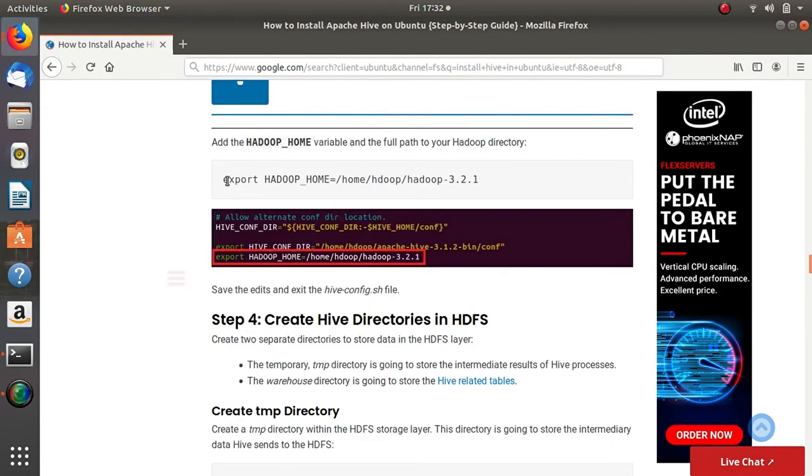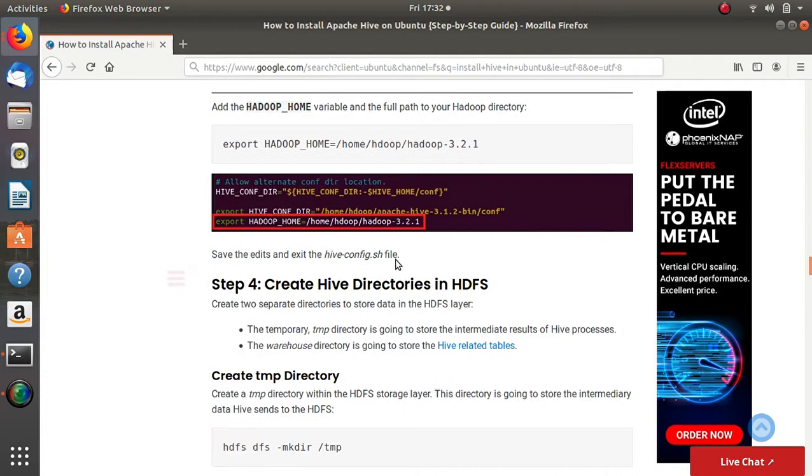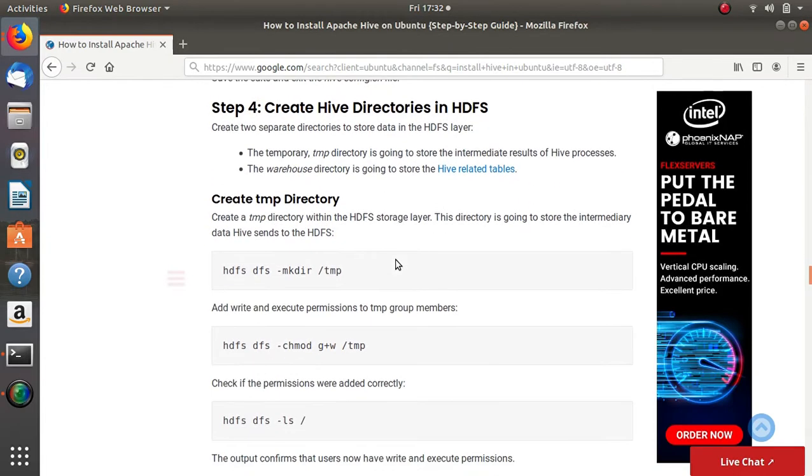After adding the Hadoop home variable, we need to create two Hive directories. The first one is the tmp directory, a temporary directory that will store the intermediate results, and then the warehouse directory that will store the Hive related tables.